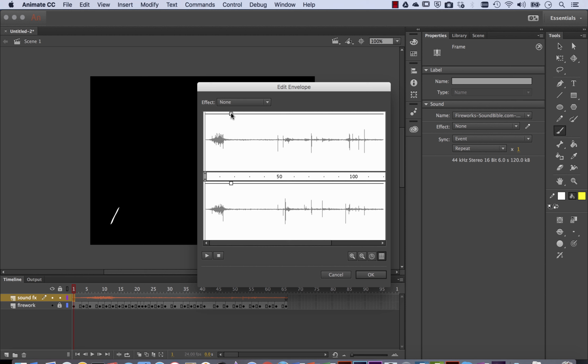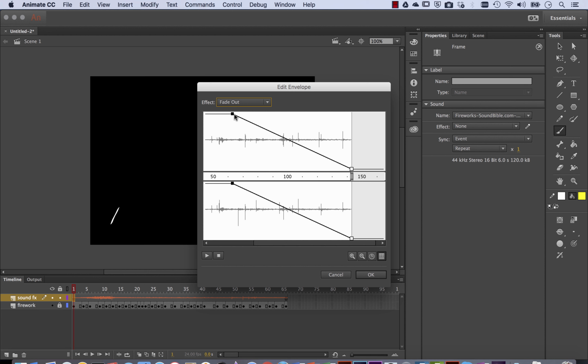So what we want to do is to have maximum volume at the start, but then around about frame 55 we want to fade the sound out. So here we go, Effect, Fade Out. You'll notice if we slide across to the right, a fade out envelope has been added automatically, but it's too far along. So let's drag the fade